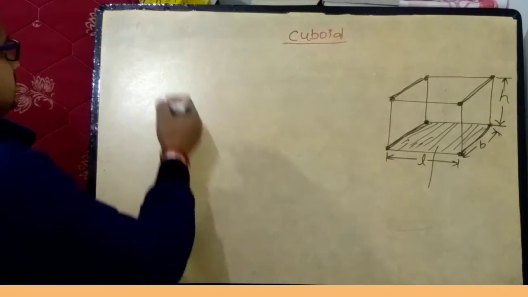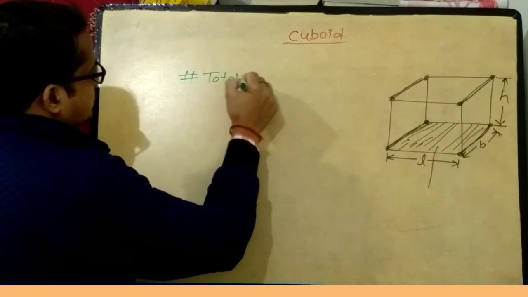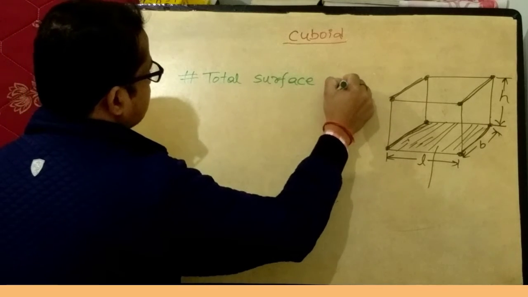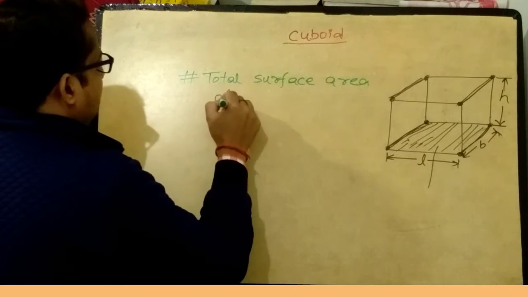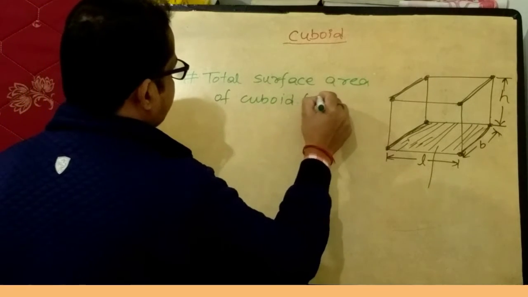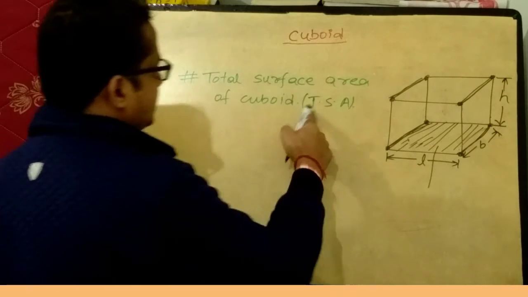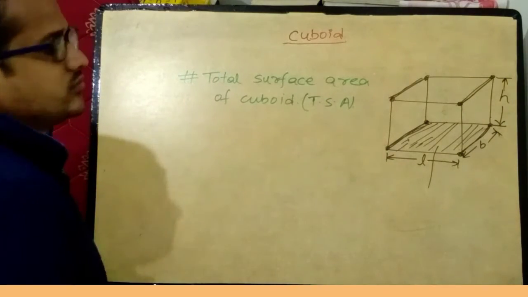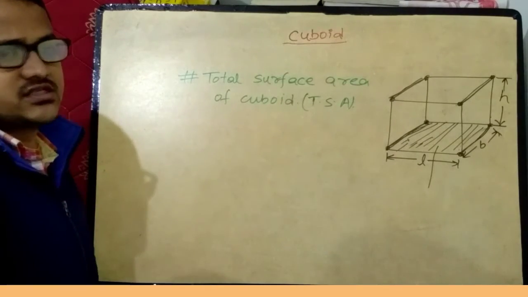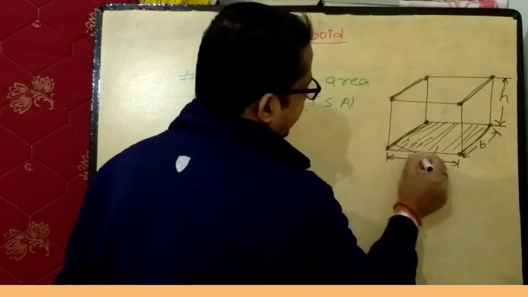Next topic is total surface area of cuboid. This is also written as TSA, that is total surface area. This is the short form of total surface area. Now, in order to calculate the total surface area of this cuboid, first of all you have to consider how many faces